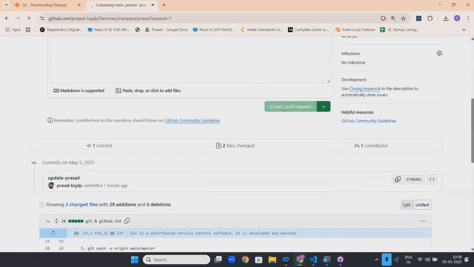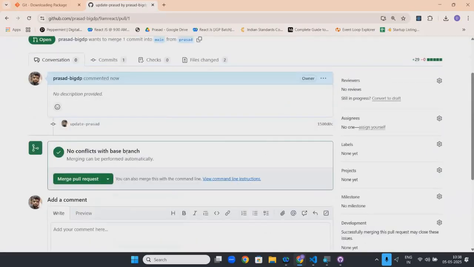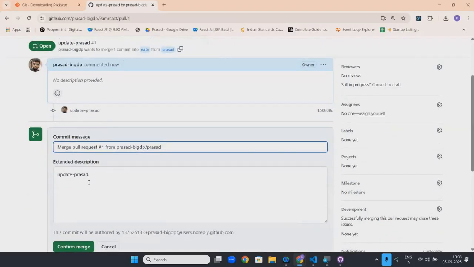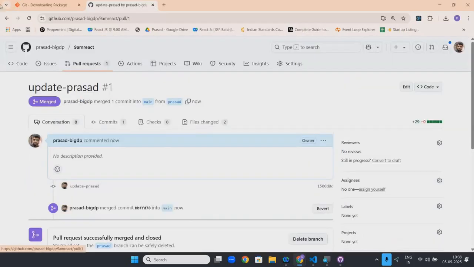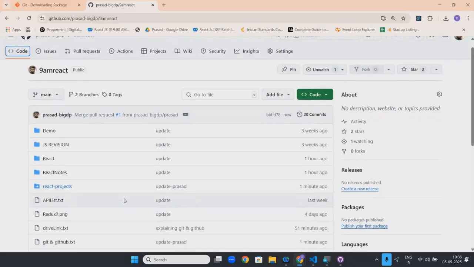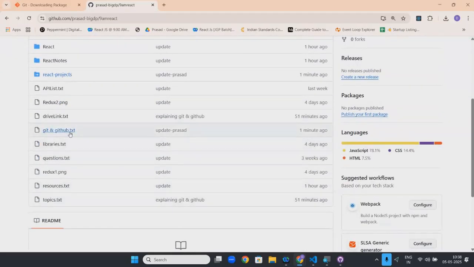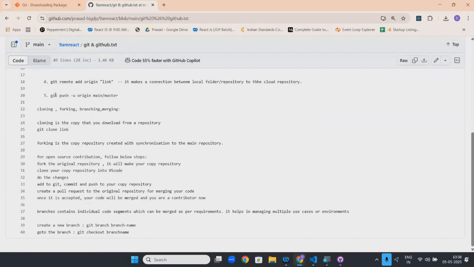First, he will create a pull request. He will check what the changes are. Are there any complexities? No. Then merge the pull request. If I merge the pull request, automatically whatever Prasad did will come to main. This is how two or three people will work. Now see, what Prasad did will come here in GitHub, in the main branch. Online, are you getting my point?